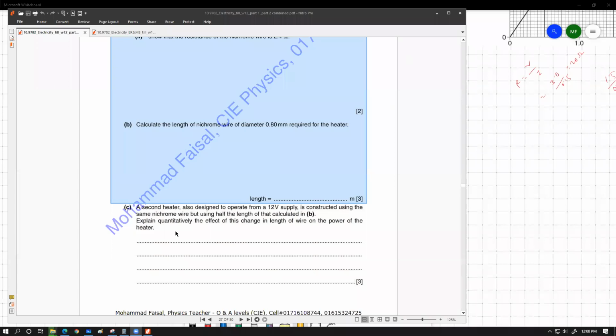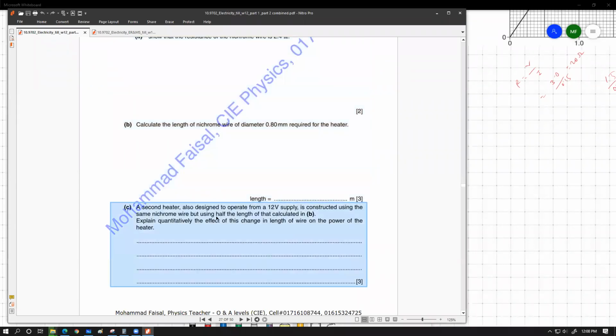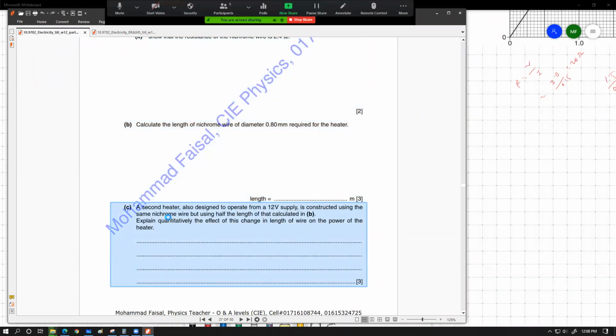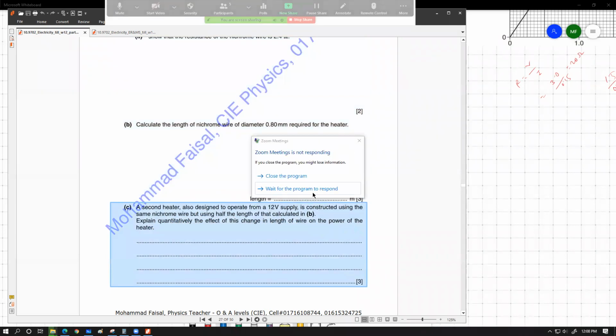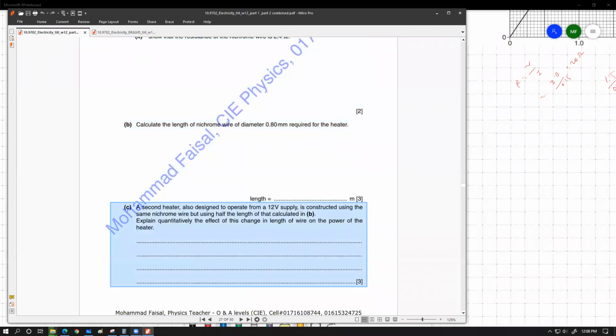Question number C says, a second heater also designed to operate from a 12-volt supply is constructed using the same nichrome wire, but using half the length that was calculated in B. Explain quantitatively, this is the important word, explain quantitatively the effect of this change in length of wire on the power of the heater. Now, here's the deal. If I just copy this and take it out,